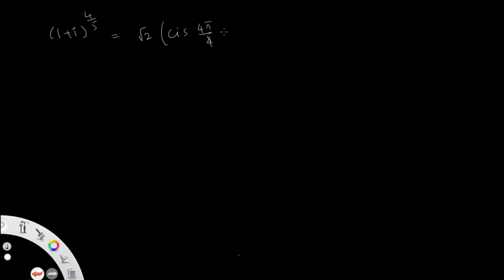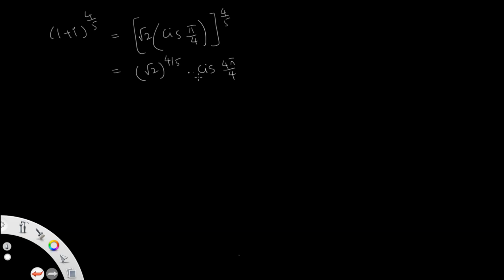Whole to the power of, okay. What is the value we have got? Cis pi by 4 whole to the power of 4 by 5. We have got that value: root 2 power 4 by 5, write as it is, into cis of 4 pi by 4 to the power of 4 by 5. It is in cis form only; just a number will come and the fifth roots will be outside. That represents 5 values.